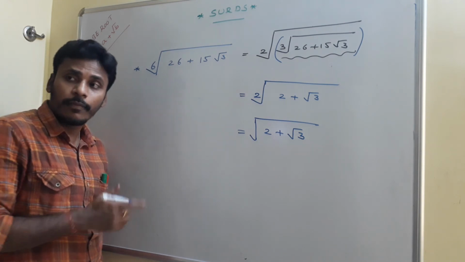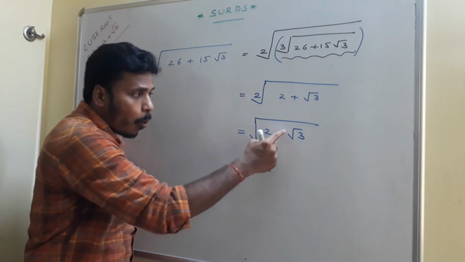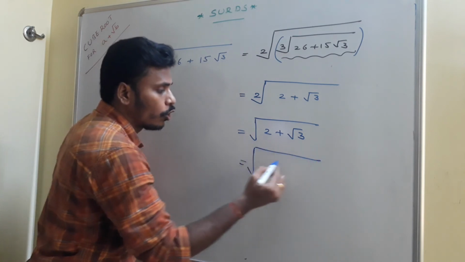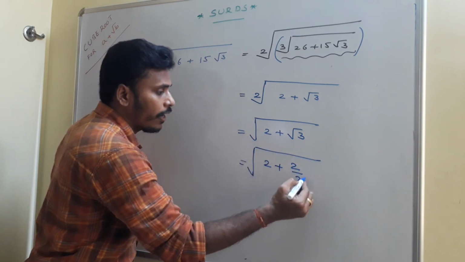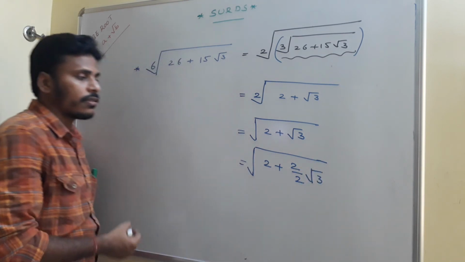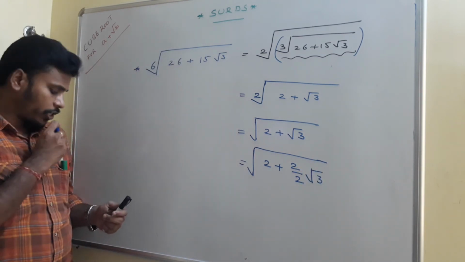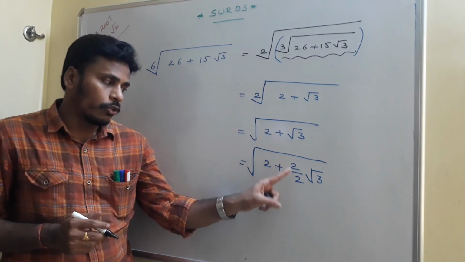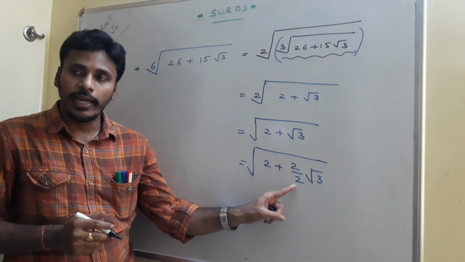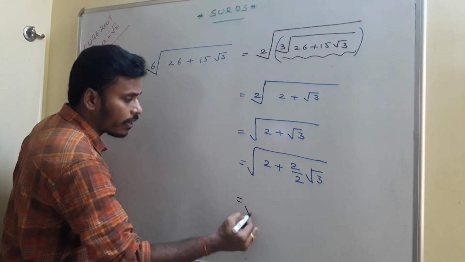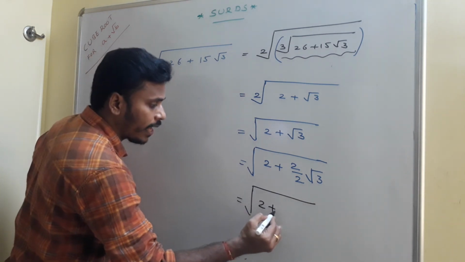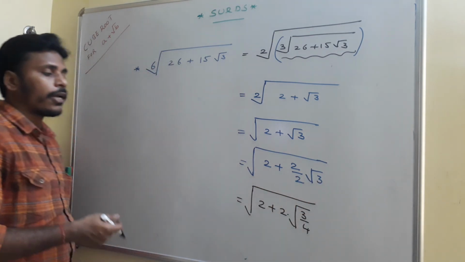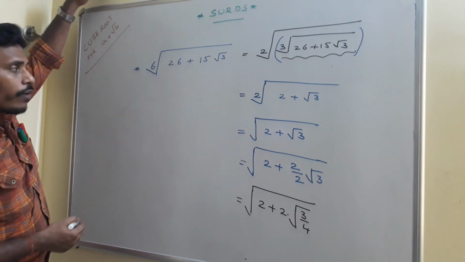So to use that procedure, you need to maintain a 2 before this root 3, but you don't have it. So I am going to prepare that 2. I will write it like this: 2 plus 2 by 2 root 3. Have a look, nothing is wrong there. Is it right? Yeah, surely it is right. Now, to find the square root of this, you need only the 2. You don't need this denominator. So, since you don't need it, just send it inside. Then it becomes square root of 2 plus 2 into root of 3 by 4. If this denominator comes in, it becomes by 4. Is it right? Now, you need to find the square root for that one.